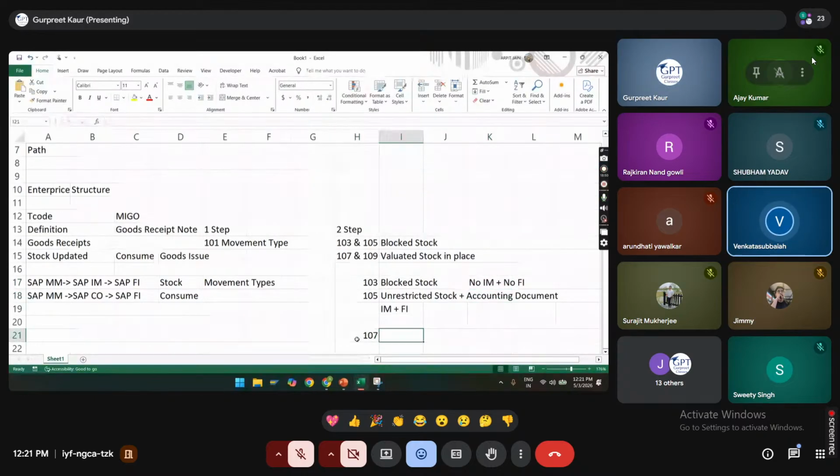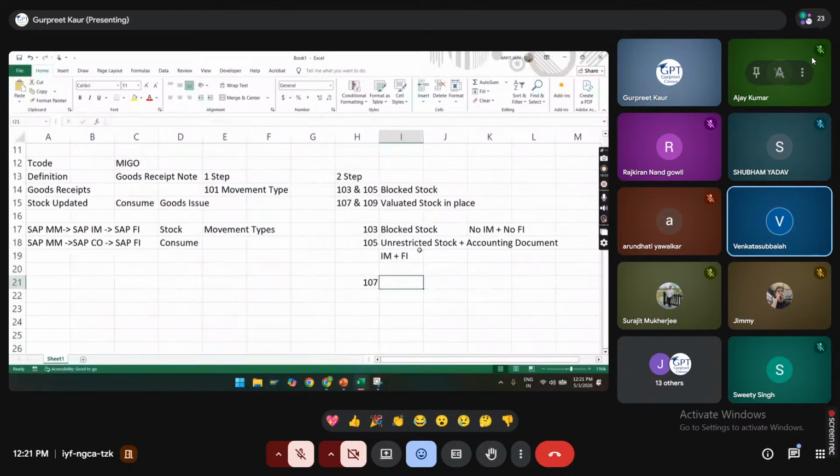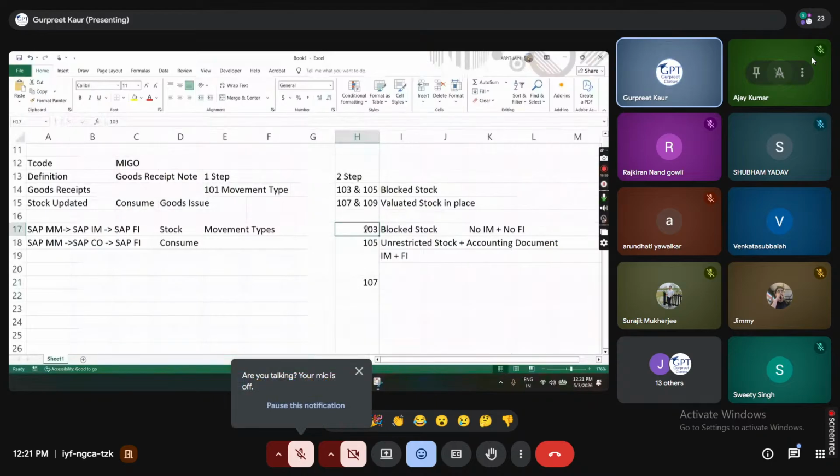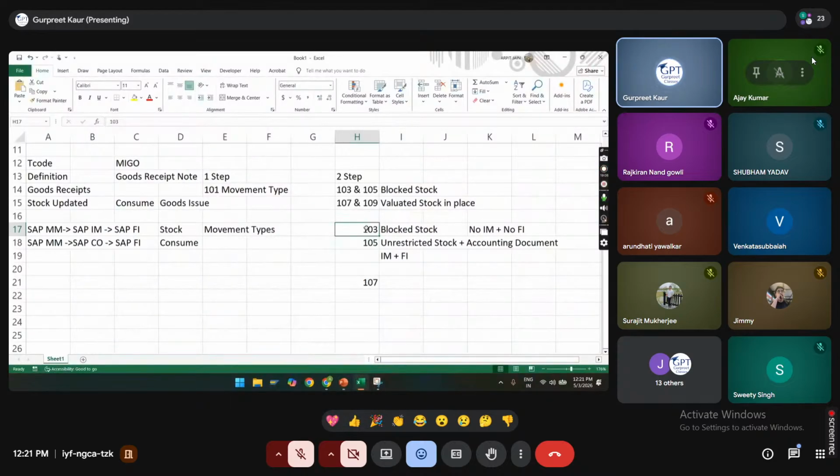Gurpreet, can you elaborate on the 103 movement type? Okay, you can take one example. Suppose you make a purchase online on Amazon, but you don't accept it, and you chose COD. You have not prepaid the order.